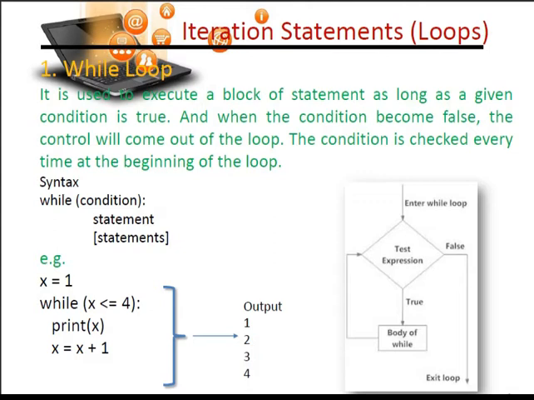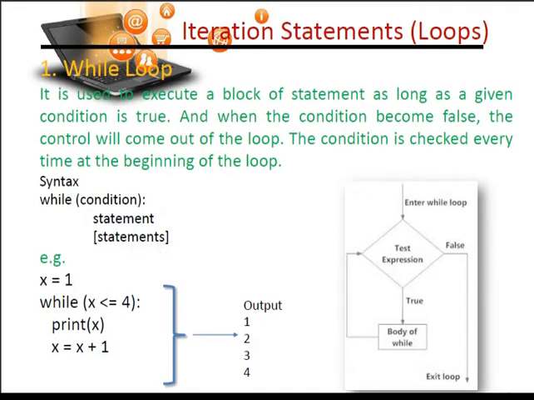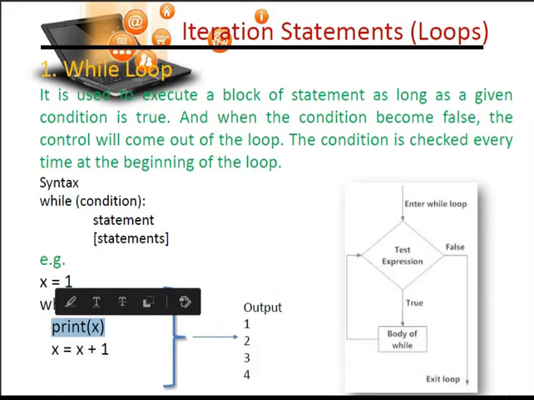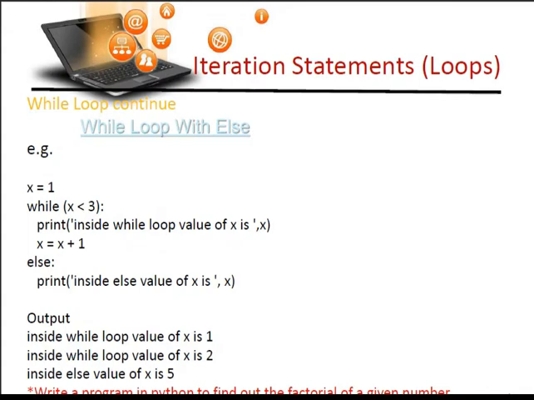As we know, a while loop consists of four stages. The first stage is you have to set the condition. The next stage is to check the condition. Then execute the statement. Then update the value. So these are the four steps we always have to consider when using a while loop. This is one example of the while loop.